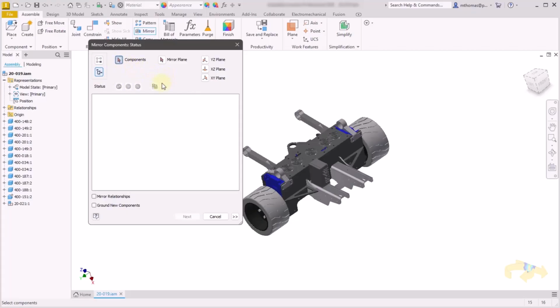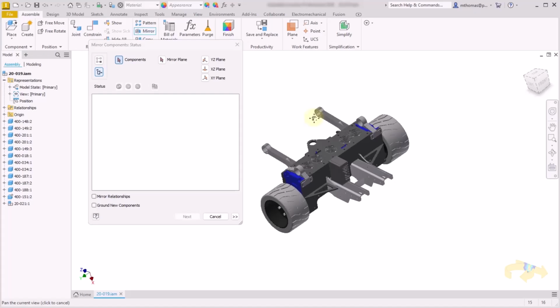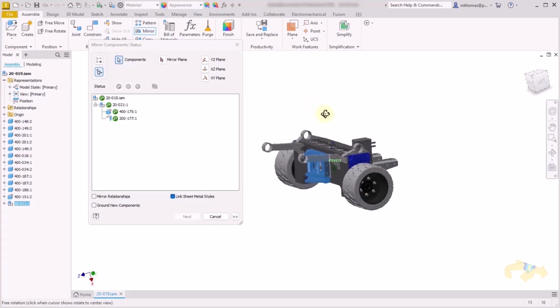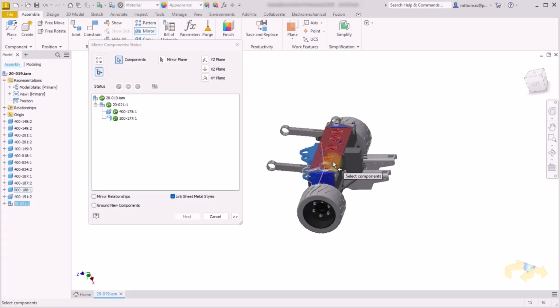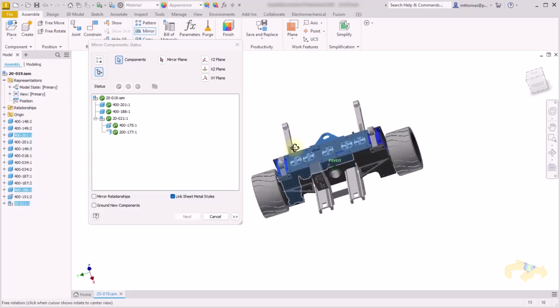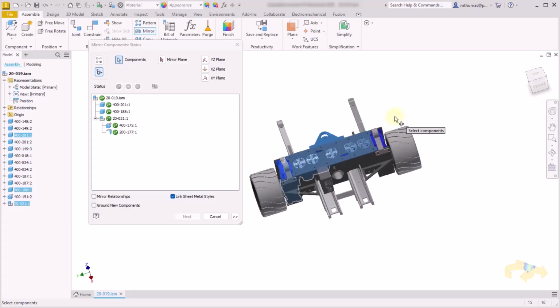And I'm going to start by selecting the components. I can do this as in your typical Inventor processes: I can select in the browser, and I can also select on the screen. So if there were certain components that I wanted to copy or mirror here, I can select them. As you can see, I can select them in the model as well. So I'm just going to select those components,